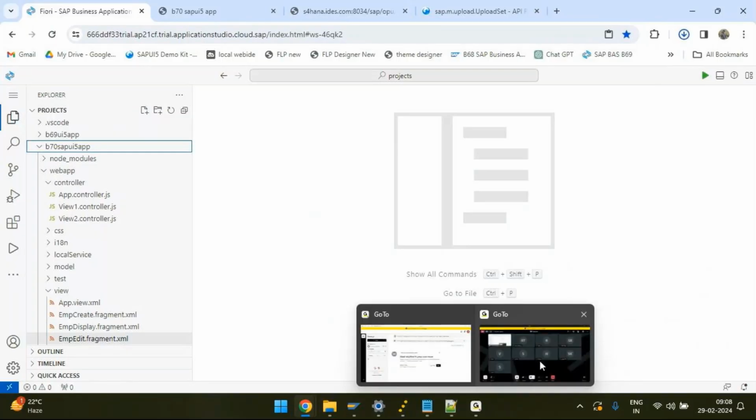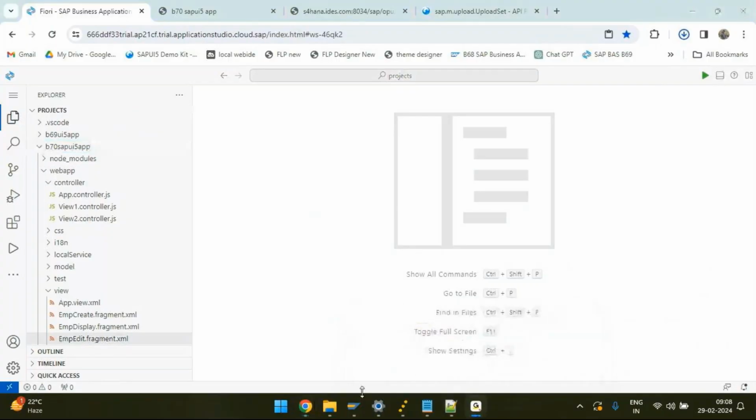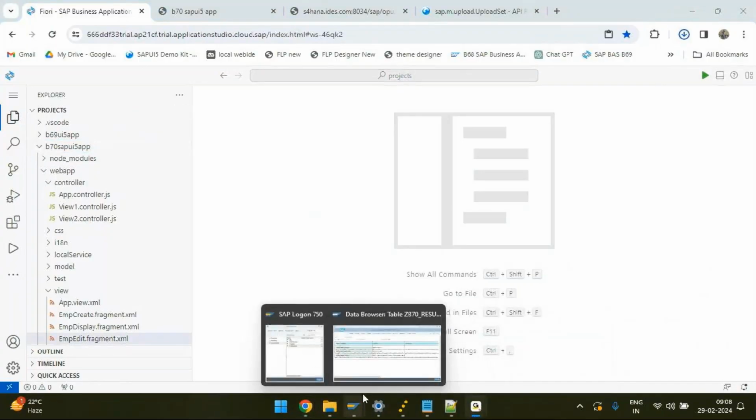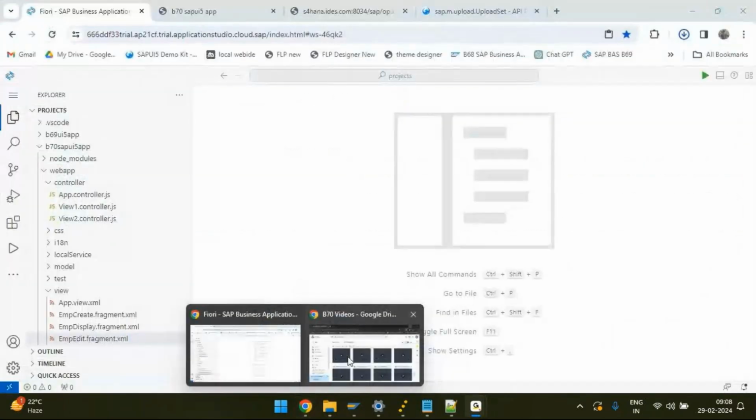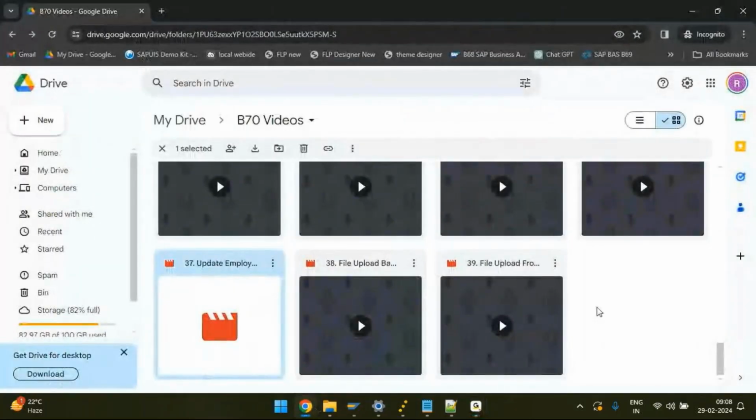Okay, fine, guys. For SAP UI5, we will be having mostly one more week of classes because we have already reached 40 classes. Normally SAP UI5 classes are around 45. So once we complete SAP UI5, then I will immediately